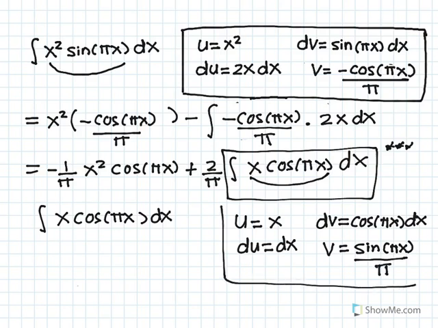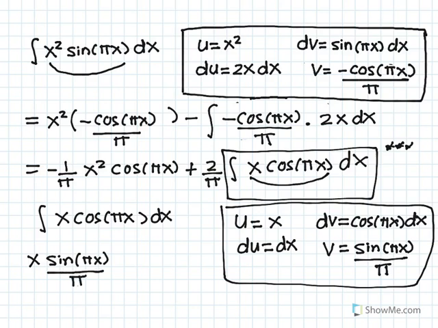Let's put this in a box. All right, so now we get u times v. That's going to be x times sine of pi x over pi, uv, minus the integral of v, which is sine of pi x